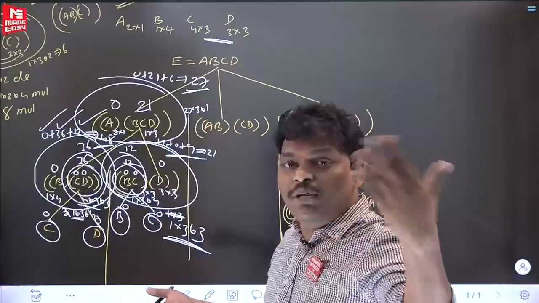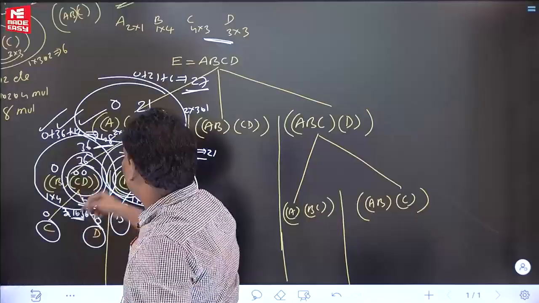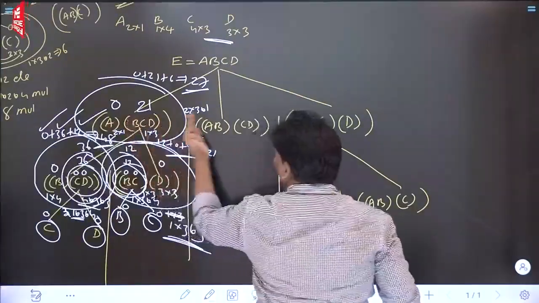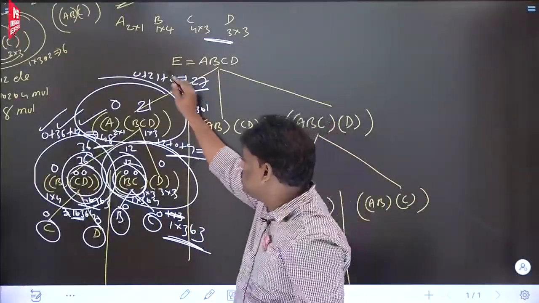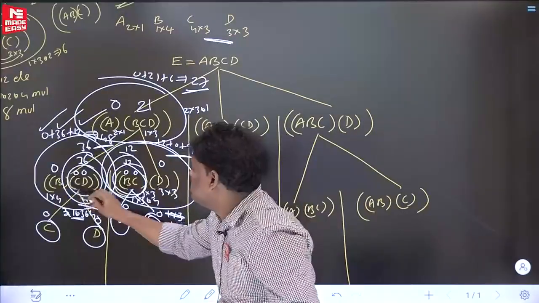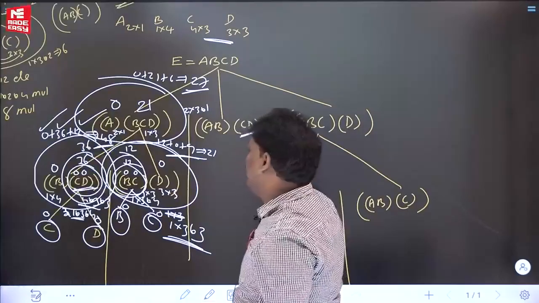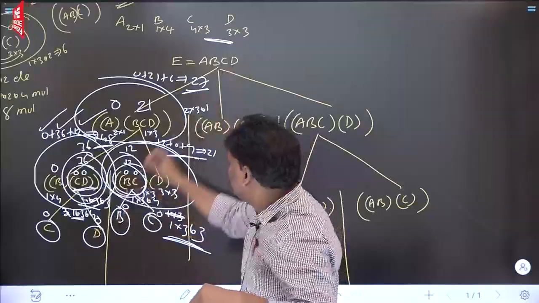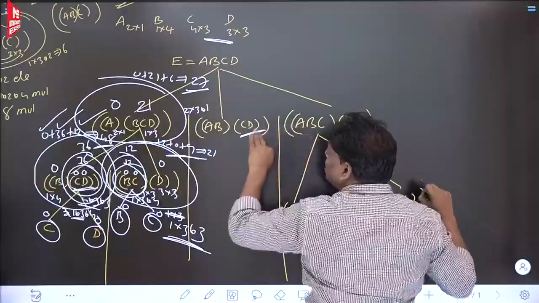If you want to get starting, what is it? In the tree, left side. In the tree left side, dynamic programming is slow because nothing is available. But when you are moving from left to right slowly, many things are available. Some people are asking, sir, what is available? If you want, you can check, see this one. If you observe clearly, CD is there. So here no need to do CD again because CD is already available. Dynamic programming is slow at starting, which means left side. But when you are moving slowly to the right side, many things are repeating.